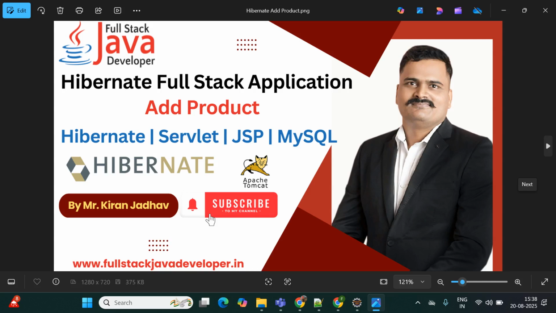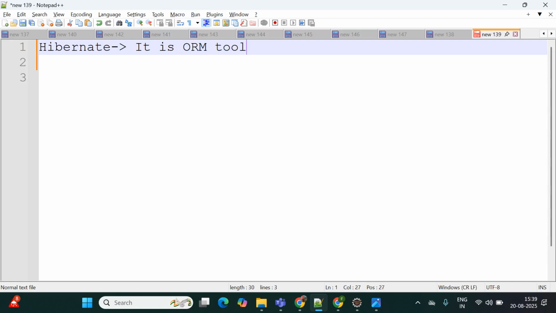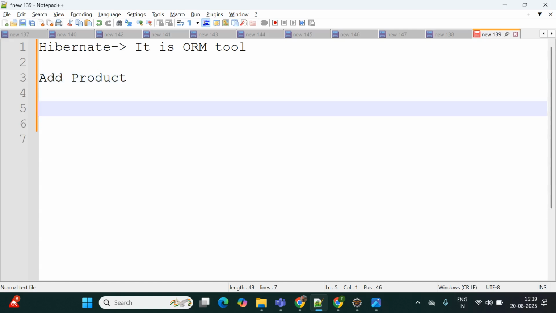Before starting with the implementation, we'll cover some theory. This is a Hibernate application. Hibernate is an ORM tool, object relational mapping. And the functionality we are going to follow is adding a product into the database. For that, the backend we are using here